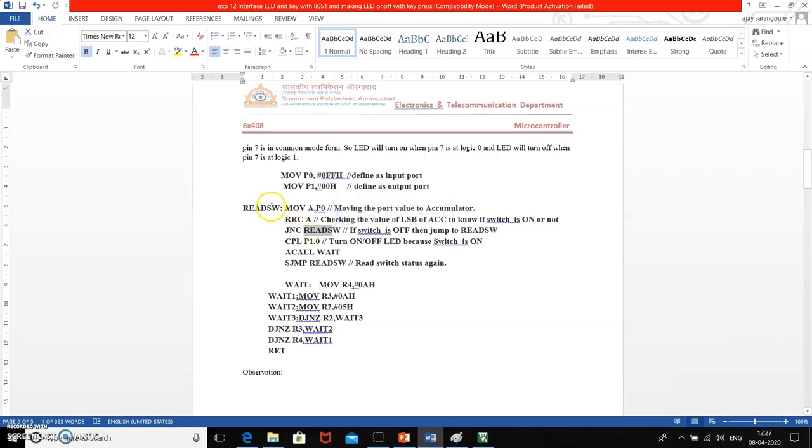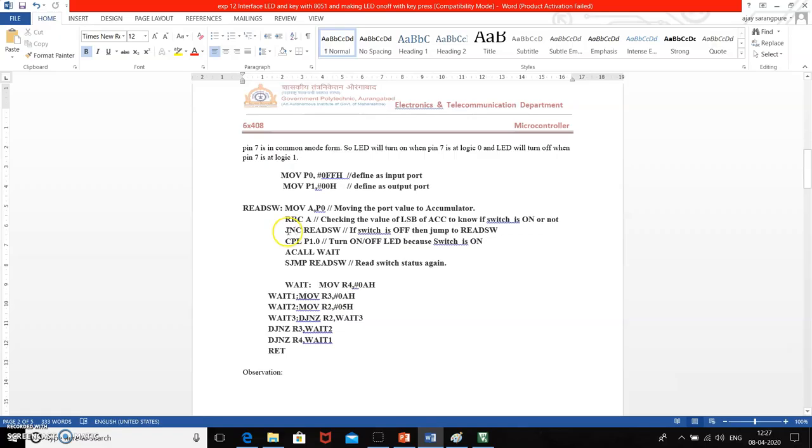Then we will jump to this state and again read the port into the accumulator. Then we will rotate the accumulator towards the right. Then again we will check the switch status. If the switch is in pressed condition, definitely the carry flag will contain logic 1.